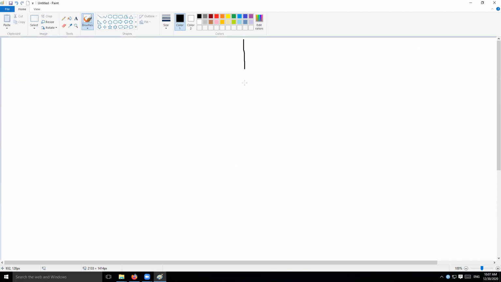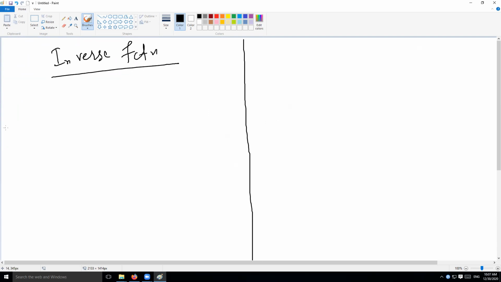Let's now move and talk about the functions which are onto, which are one and onto both actually. So let's talk about inverse function actually. Inverse function. So here's an interesting question. If f from A to B is a function, okay, then